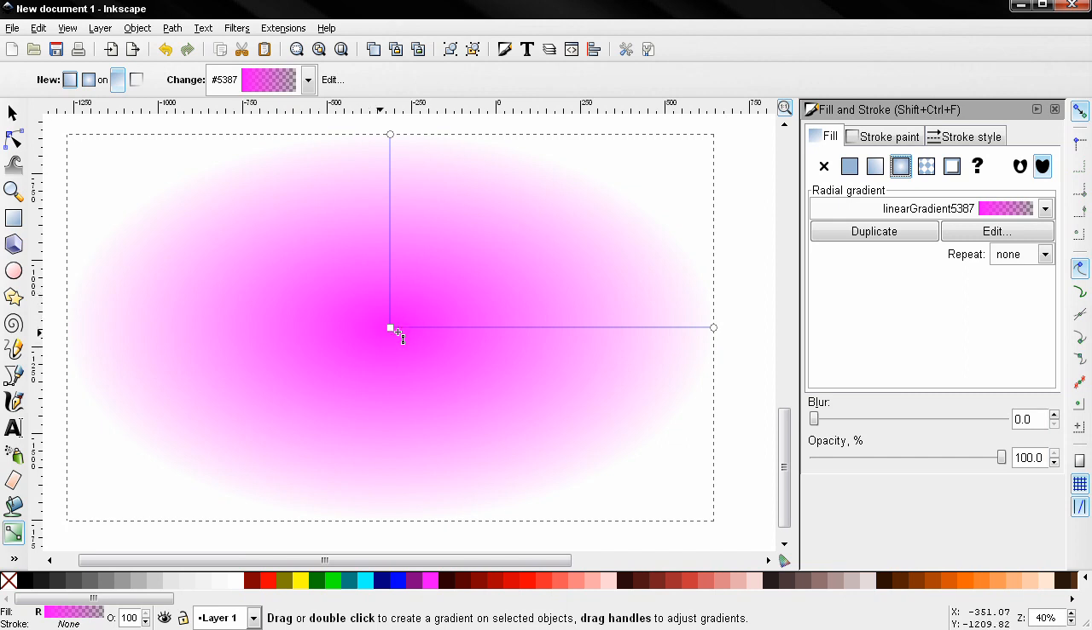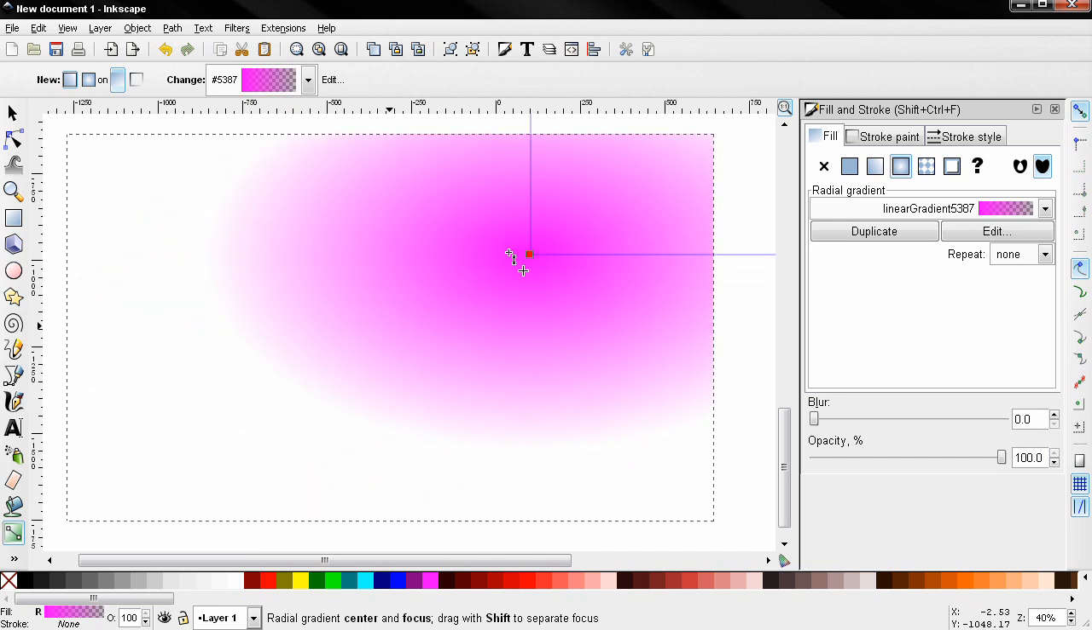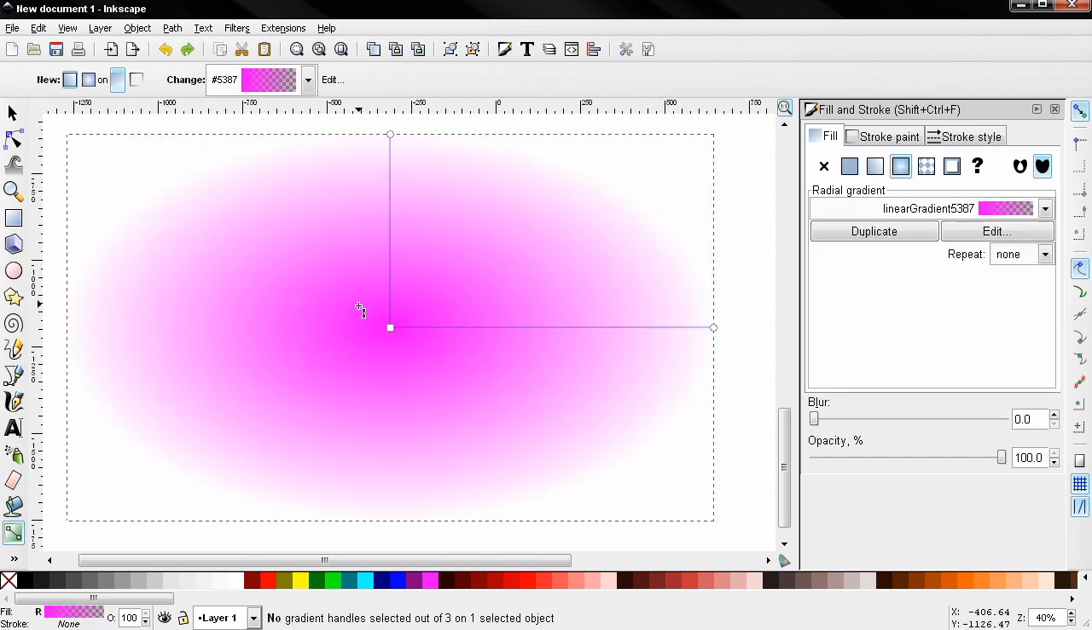If I click on this square, hold down the mouse button, I can move the entire gradient vector. And if I mouse over again over the square, hold down the shift key, click and drag, I can separate the focus from the center. And next, if I mouse over one of the end stops, you see that they also control the radial gradient